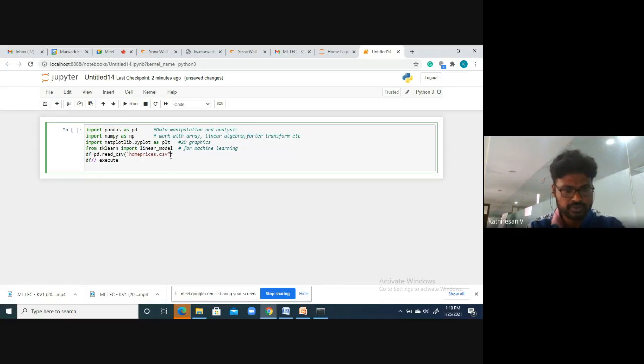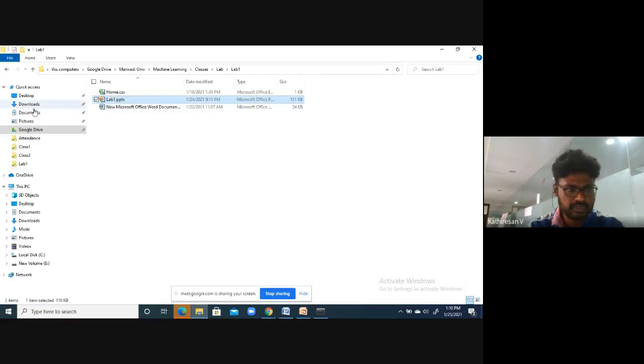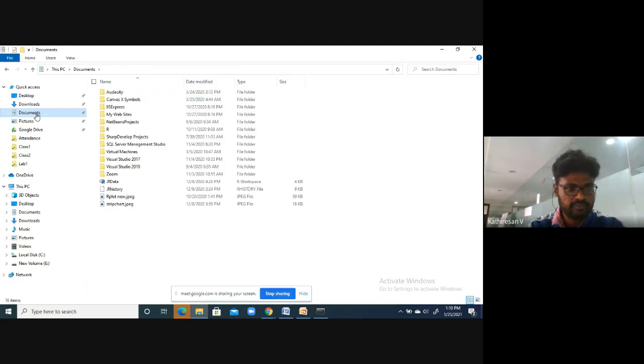You have to give a single quotation here, and here I have home prices, but in the environment I have to check what name I have for the data file. You have to keep the data file in that particular environment.